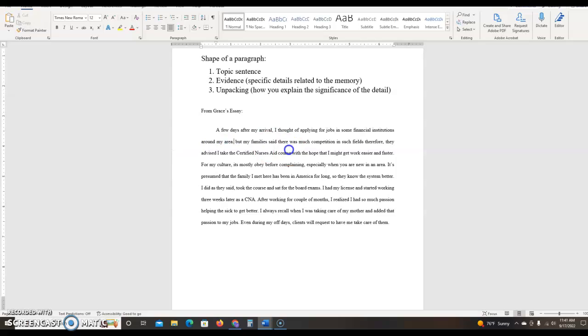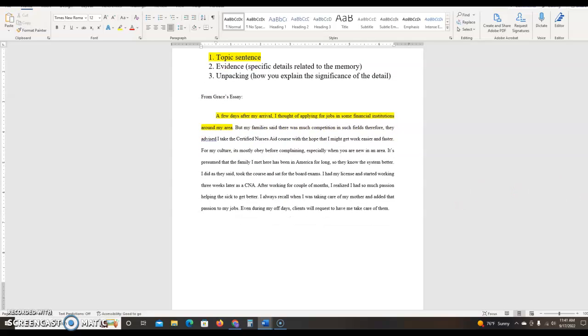Maybe, because we know from prior paragraphs that Grace has a finance degree, maybe we just stop there, we make that its own sentence, and we say that this is a topic sentence. We know what this paragraph is going to be about. And if you take a look at this, it's just a general statement that she's trying to find a job in her field. And so it's clear, it doesn't give too much information. We save that for the momentum of the middle of this paragraph. And remember, she's talking about her uncle.